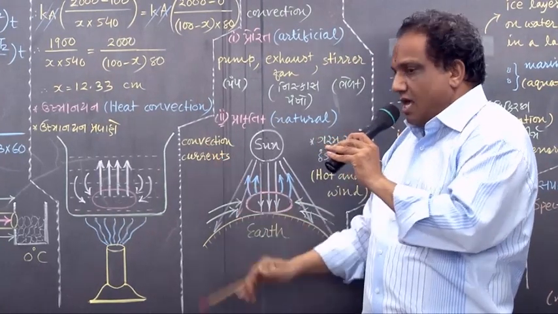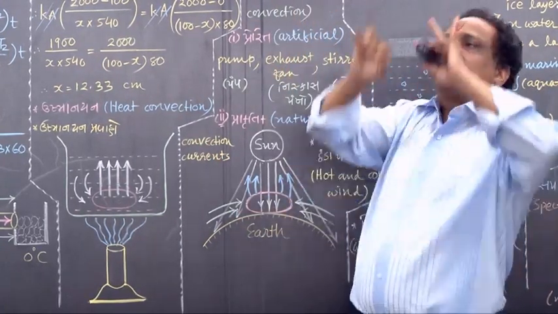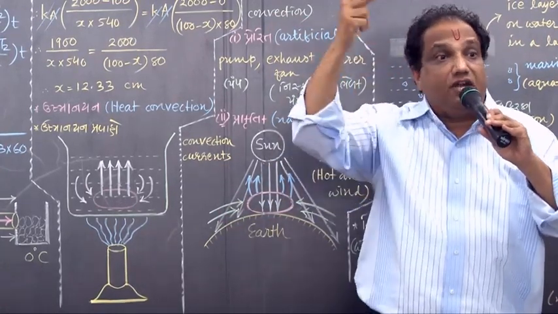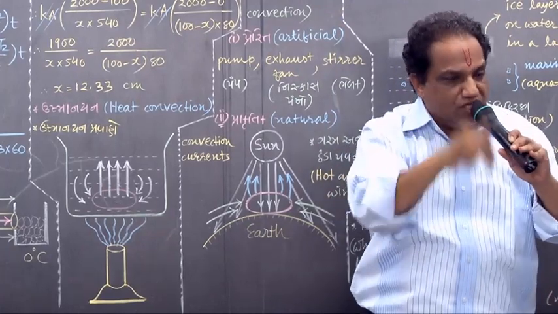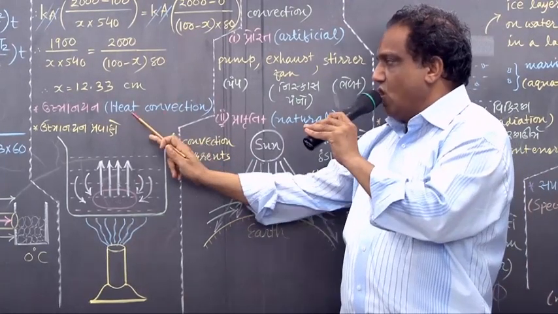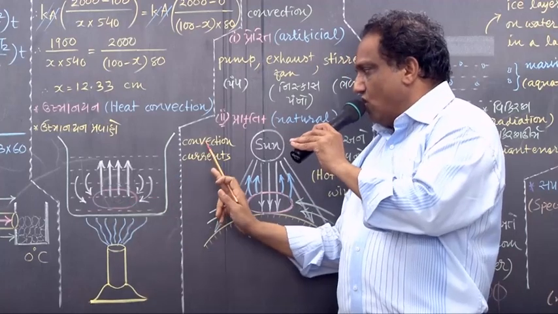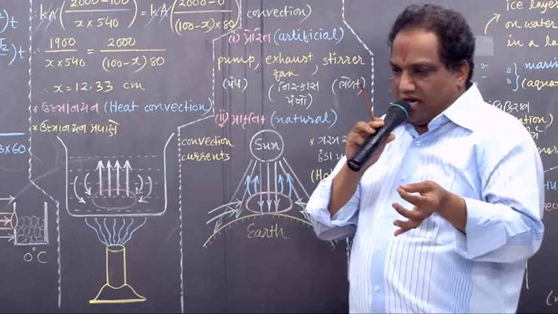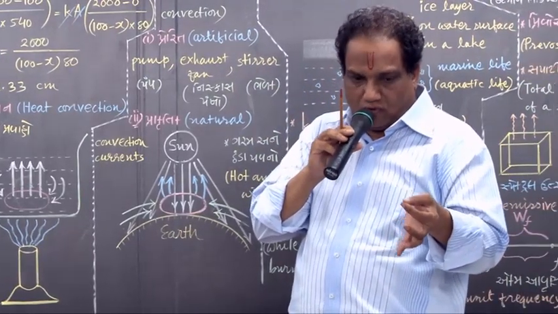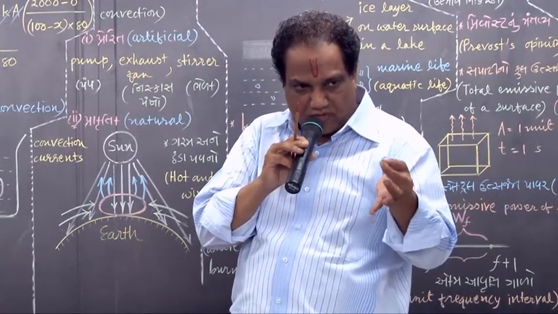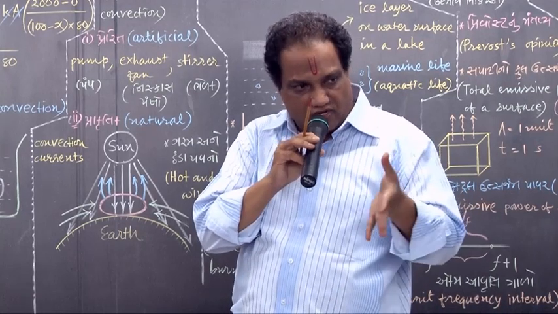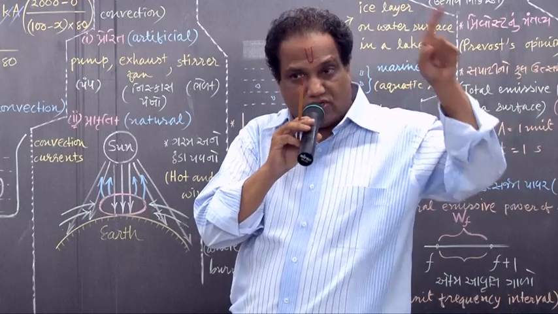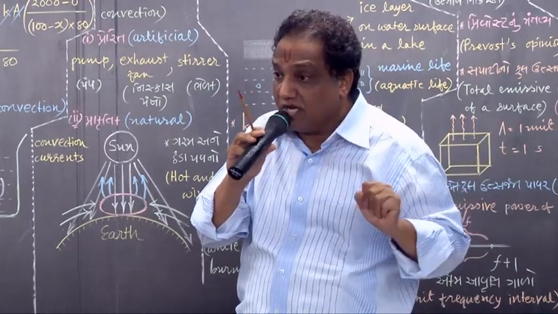Because of such convection currents which are taking place throughout the volume of the liquid, the entire volume of the liquid will be heated up, and this way of heating is known as heat convection. These streams are called convection currents. If you spread some particles of potassium permanganate, KMnO4, into water which is being heated, then you can really visualize these convection currents.